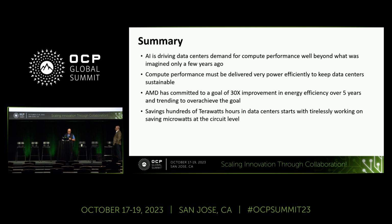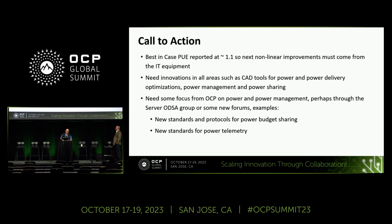So in summary, I think like my colleague has shown you, we are committed to the 30x. We're doing a little bit better than that. This is very important. You've seen a lot of talks today showing you there are terawatts at stake in those data centers. And it all starts really with microwatt level optimization. That's how you get all your terawatts. So what's my call to action? I think what we want from the